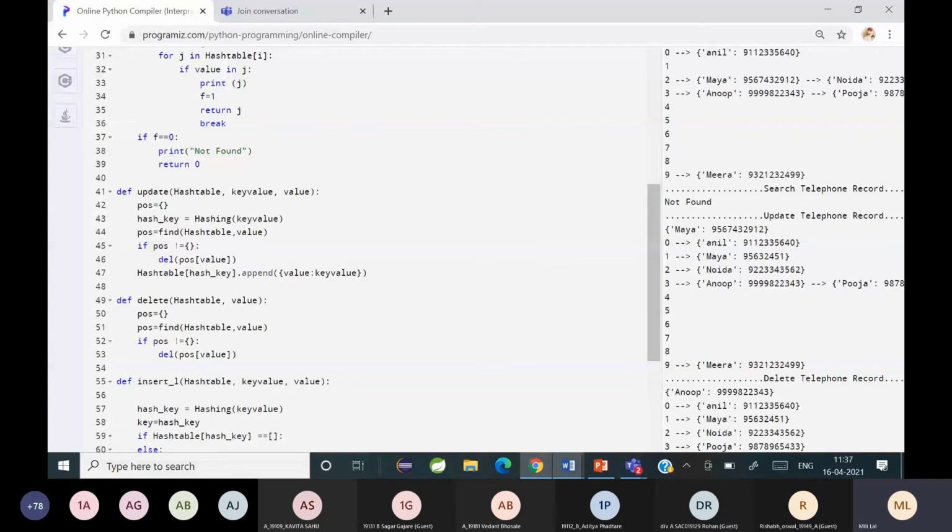So to avoid that, it first finds the hash key. Of course, if you have to update the data, you find the hash key of the key value, and then you check whether the value is already present in your directory. If the value is present, we have to delete it and place the new value, otherwise there are chances of the same value being in two indexes. Understood? So to avoid that, before updating we are deleting the previous one and then inserting the new one. There are cases where its location changes, like